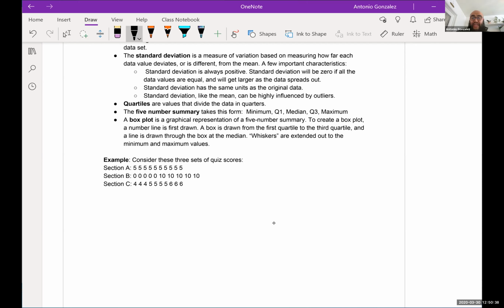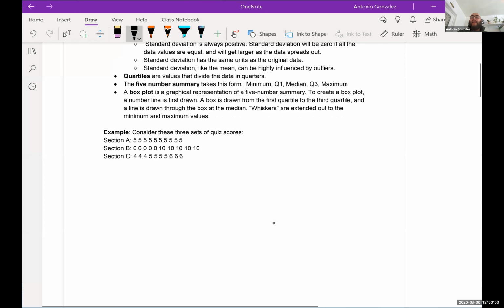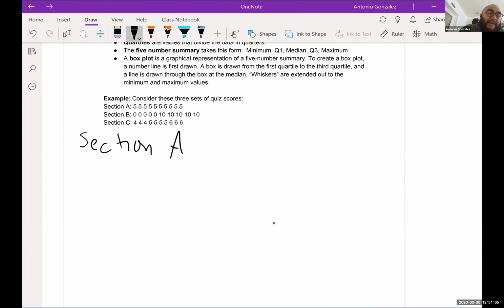So we have section A, section B, section C, right? So those have completely different scores, right? Now, if we think of the previous ways that we did with our numerical data, if we look at section A, and I wanted to calculate the mean and the median,